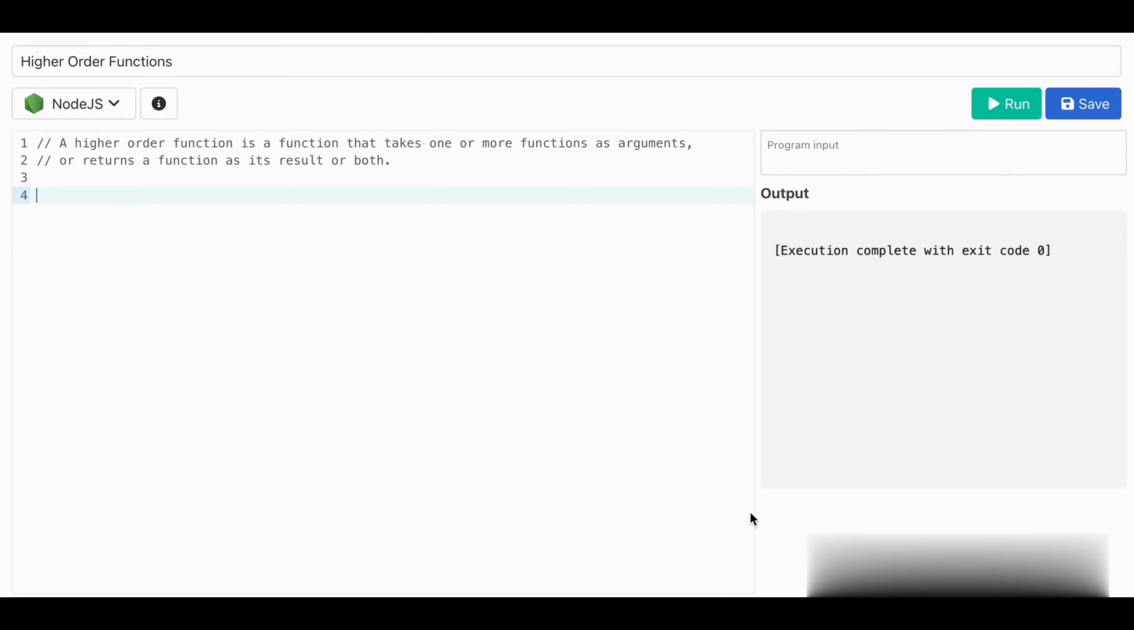Today our topic is higher order functions. So when can a function be considered a higher order function? It can be considered a higher order function when it takes a function as an argument, or returns a function as a result, or if it does both. So for example, if we are having a function test1